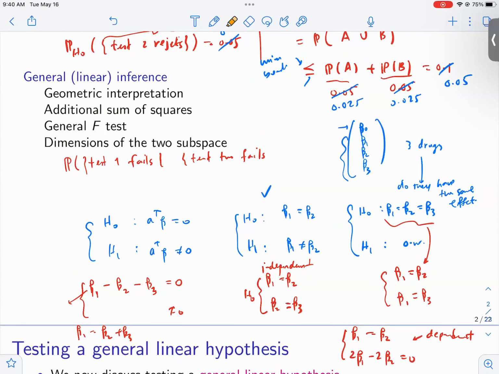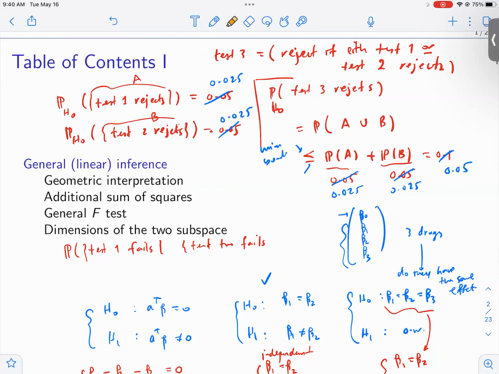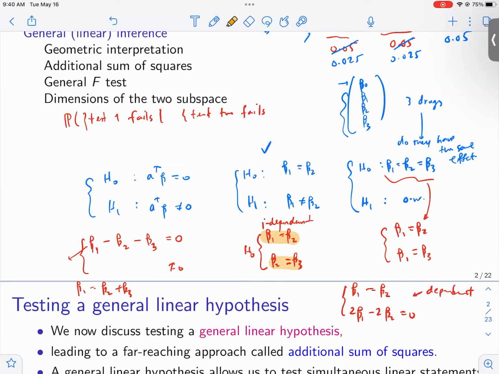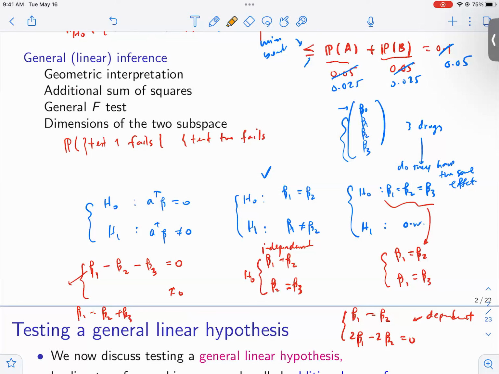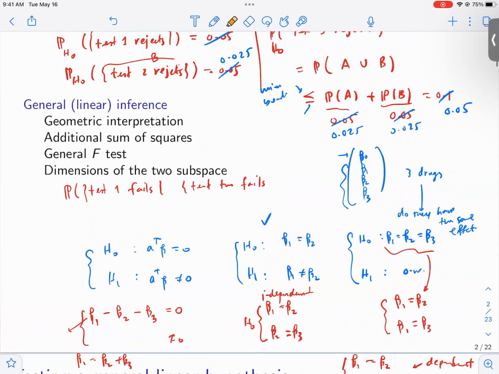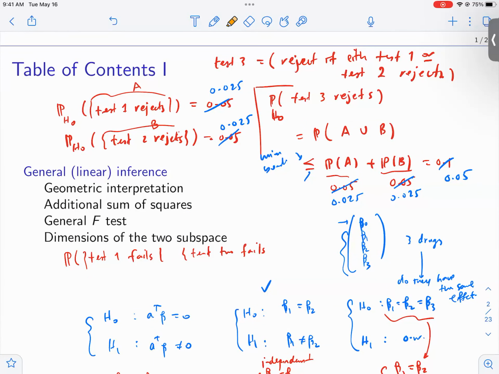So if you do something like this, you can do the t-test. Separately, you can try to test whether this one works or whether that one works, whether to reject this hypothesis or whether to reject this hypothesis. And if we reject either, then we reject this null. So the probability that we reject the joint hypothesis is the probability of the union of rejecting either of the two individual tests,